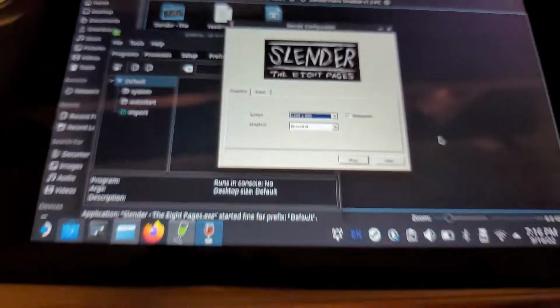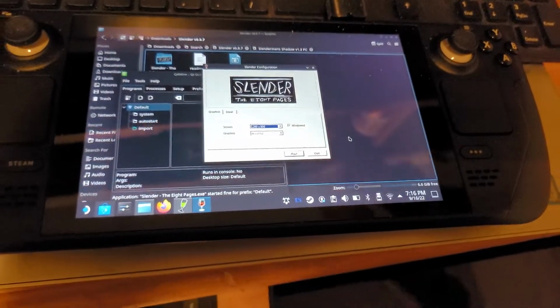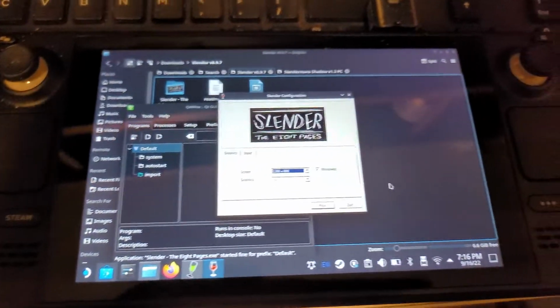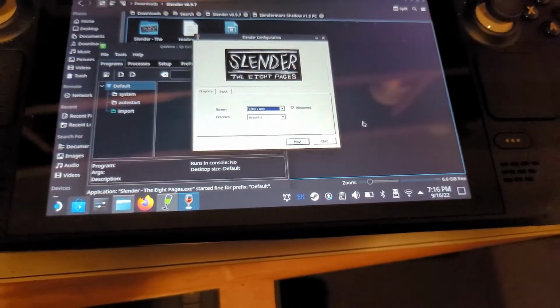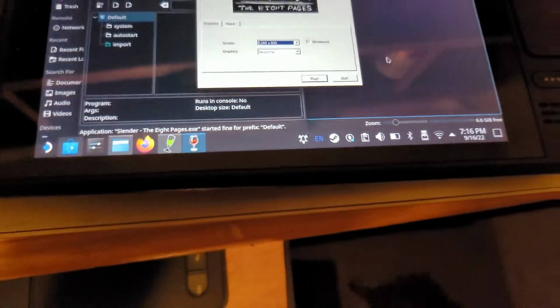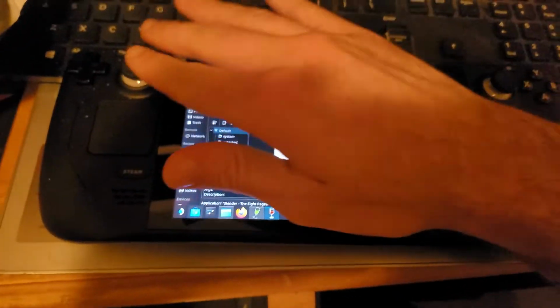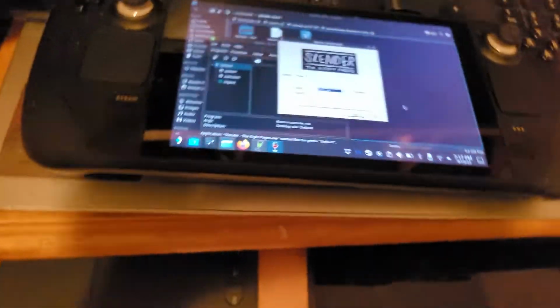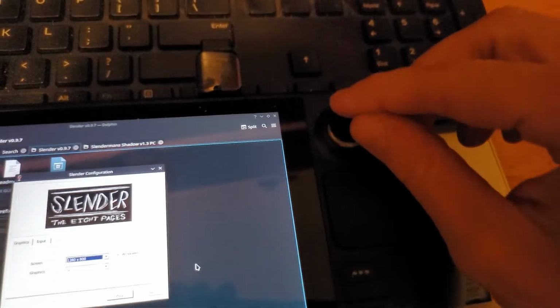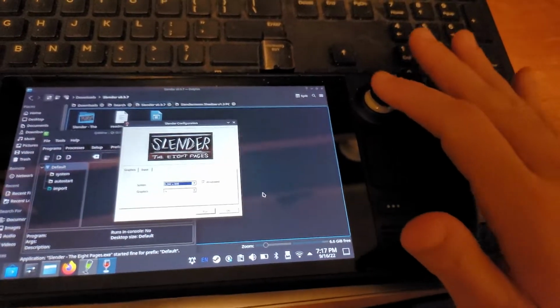Now another thing, like obviously this is just more of a common sense thing, but I'll still mention it. And that is, obviously this is the Steam Deck and this game came out a long time ago. Same applies to Dark Forces. Obviously these games are built for a mouse. I've tried to use these for this game. And again, we could say it's biased. I guess it depends on the game. Maybe some of the games are kind of friendly, but I would assume that most of them are probably falling under the similar thing. These cannot, at least for this game, I don't know about other ones, but these cannot